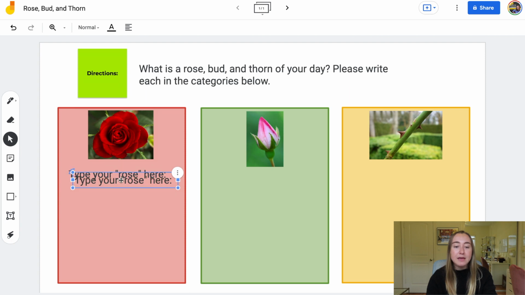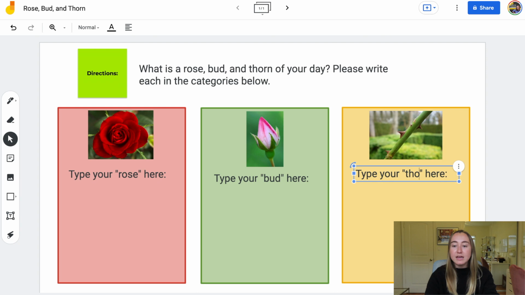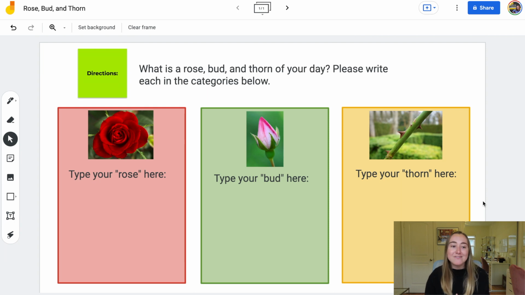I can just copy it and I can say, type your bud here. I'll center that one a little bit better. And then lastly, we'll say, type your thorn here. So that was a really quick and simple example of how you might create a social emotional activity in Google